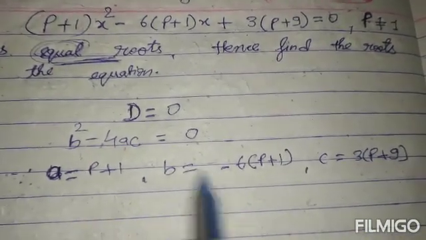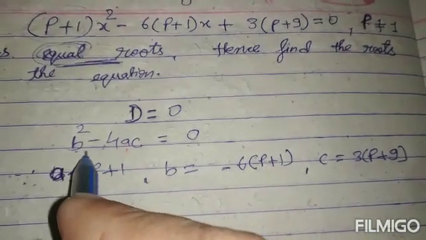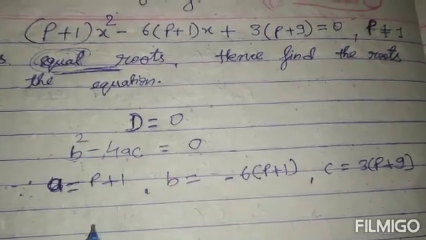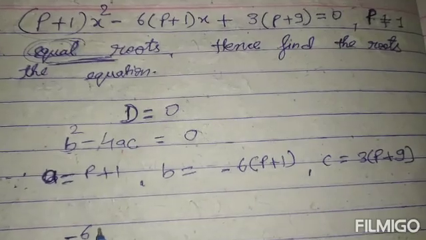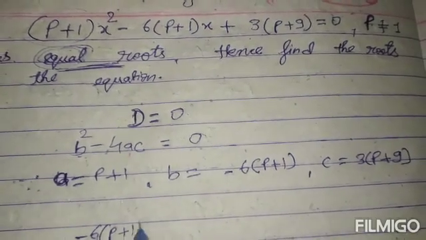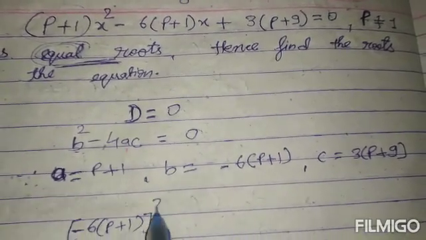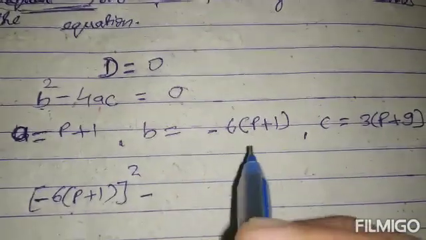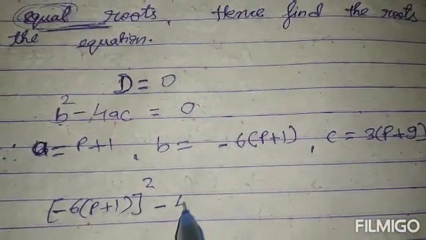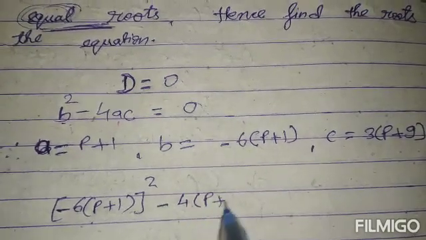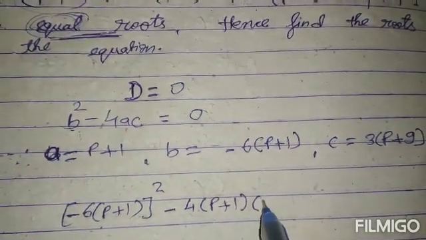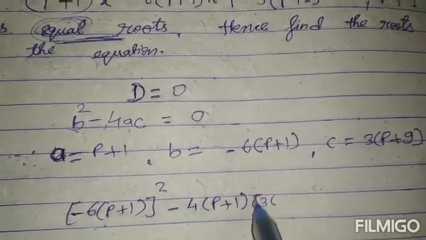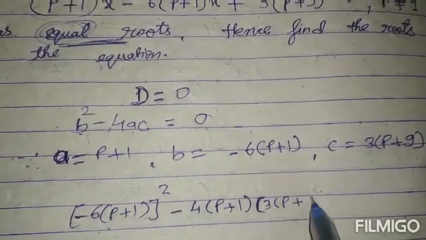If you substitute these values, we can write (-6(p + 1))², that is b², minus 4 into a, which is (p + 1), and c, which is 3(p + 9)